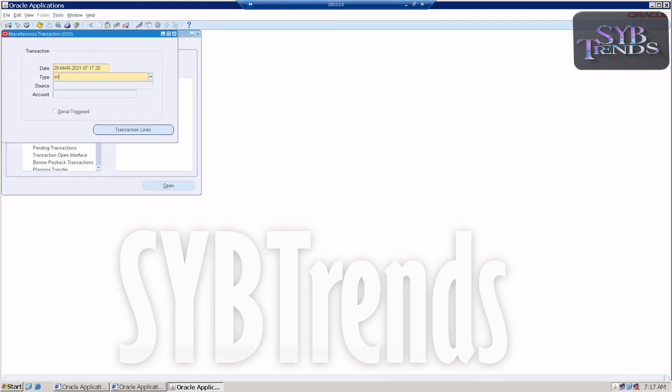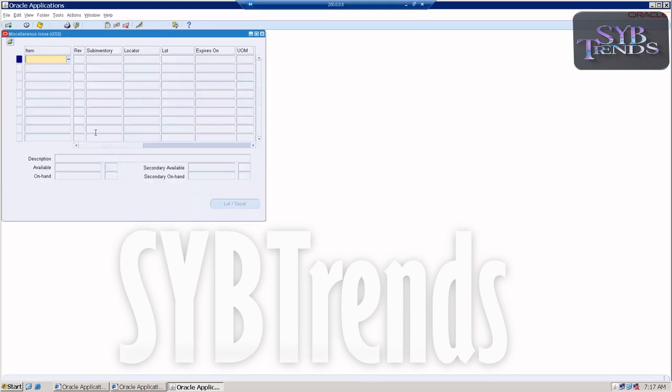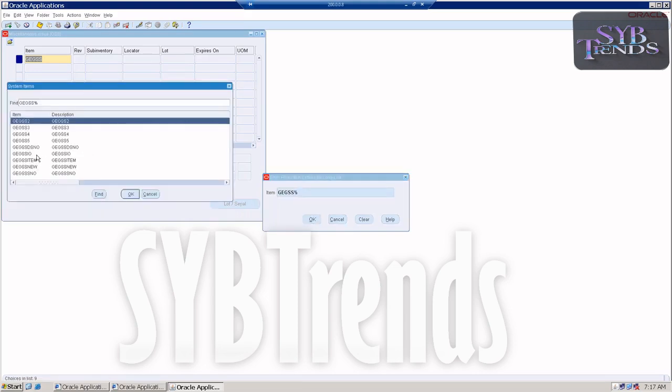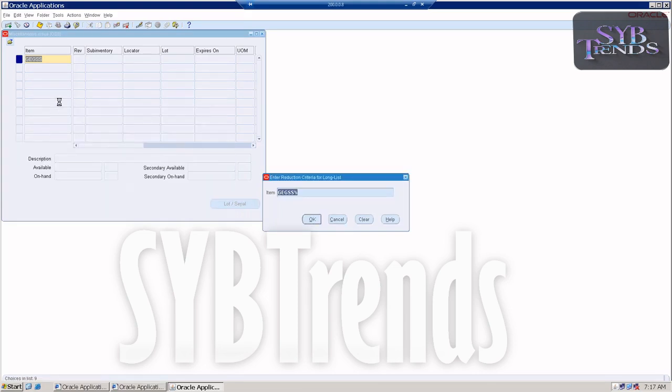This is miscellaneous receipt, sorry, miscellaneous issue. Say when I'm going to create a miscellaneous issue, say for example this SNO,